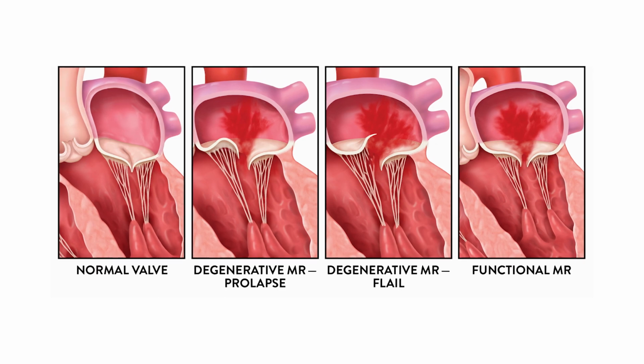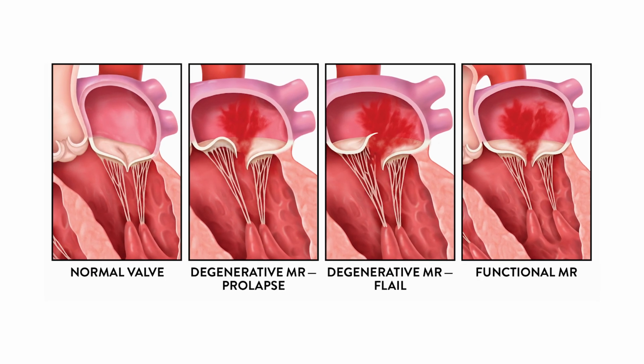The mitral valve is a valve between the upper and lower chambers of the heart, and its job is to allow blood to go into the pumping chamber but not backwards. And sometimes, because there's a problem with the valve, one of the leaflets may come up this way and blood will leak back. Or if there's a problem with the muscle, the valve can get pulled apart and not come together. So with the MitraClip, we are making the blood flow in the correct direction and making the patient's symptoms